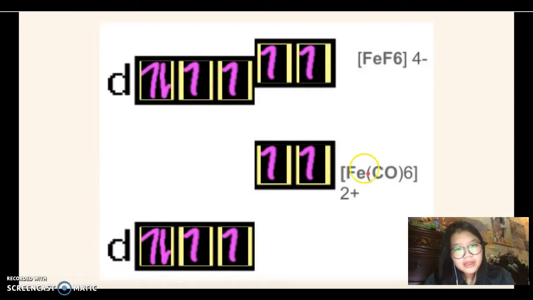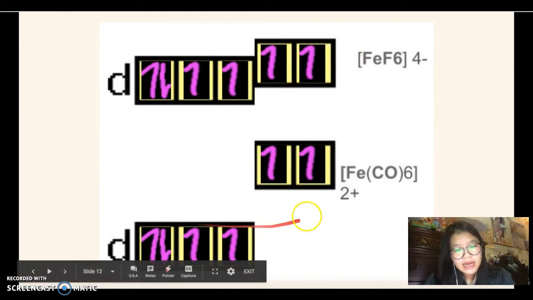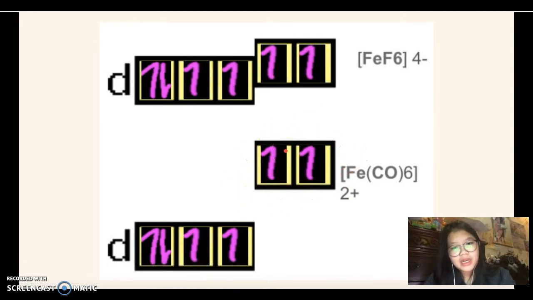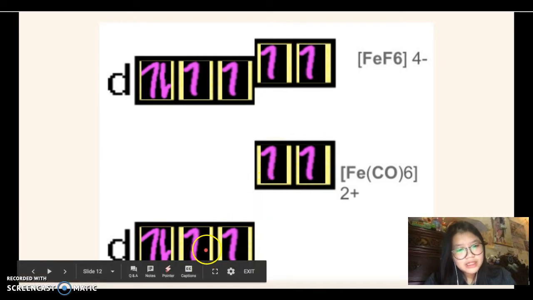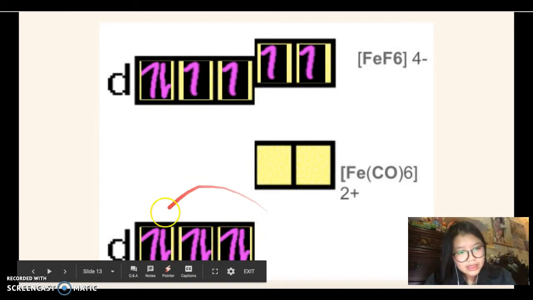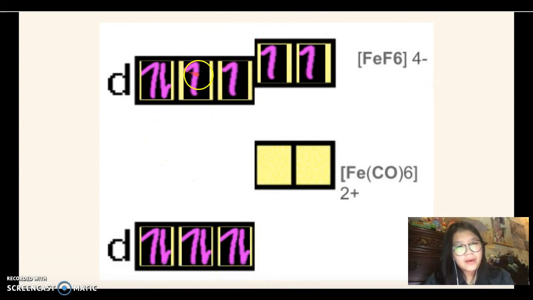And due to that split, the electron configuration would look like this. And as the electrons of this ion move up, the electrons would eventually move down to the sublevel, filling in the sublevel right here to look somewhat like this. Therefore, this ion is no longer paramagnetic as it has completely paired electrons, making it diamagnetic. While this one does not have a big split, therefore it remains the same, making it